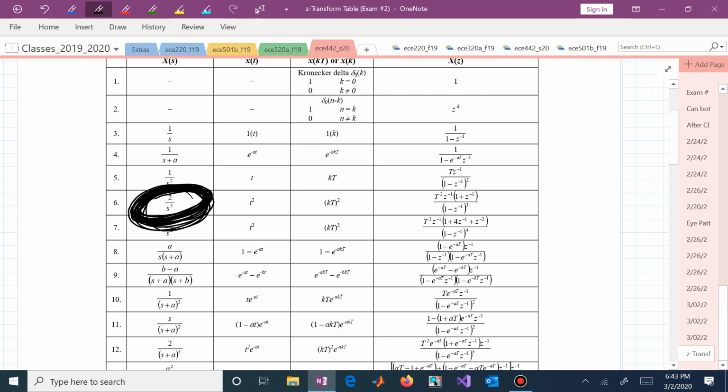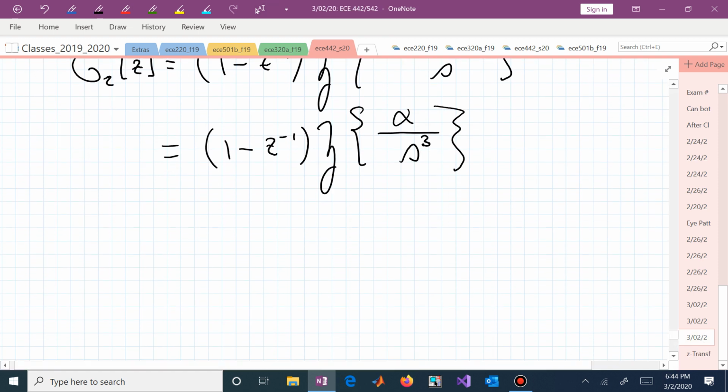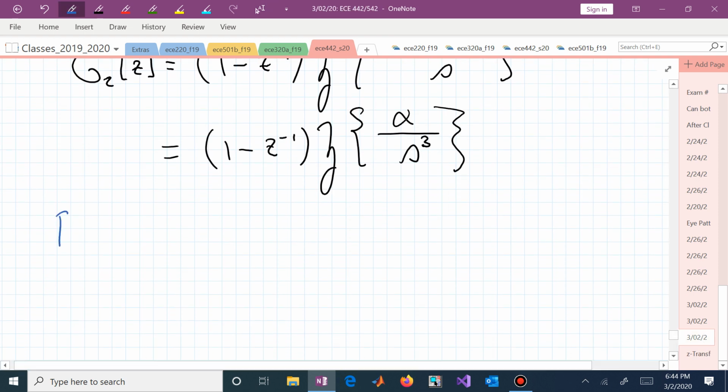That's 2 over. But now if it's 2 over, do you see you would just divide what's in the transform, or both sides of that row, by 2 to get 1 over? We have alpha. We could pull the alpha out. But now we can say, oh, that now looks like that. That's the z transform of 2 over s cubed. Well, let's go back a little bit before. But we can now recall